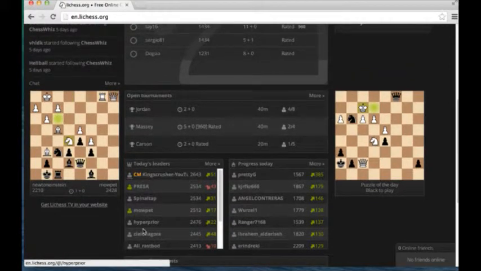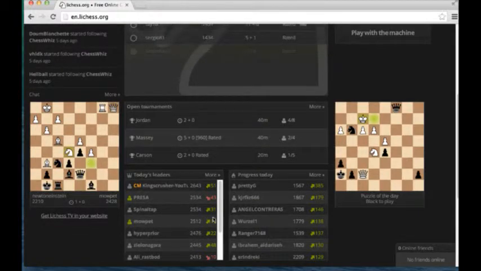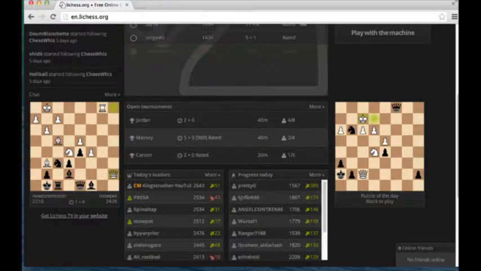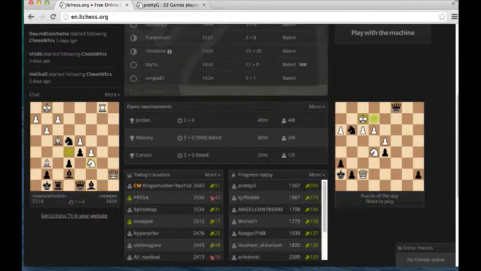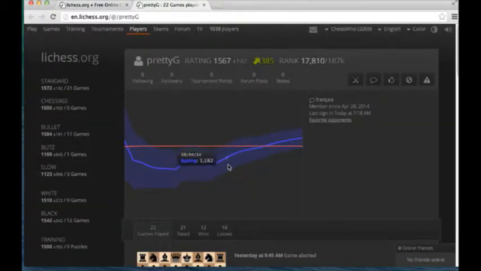Today's leaders. That's always fun to look at. See who's active on the site. Progress today. This is not usually exciting to look at because it's just a random fluke if you get this many points. But I'm always curious, did they really get 385? Because I can get that in one game if I create a new account. So how did that really work? So for this one,